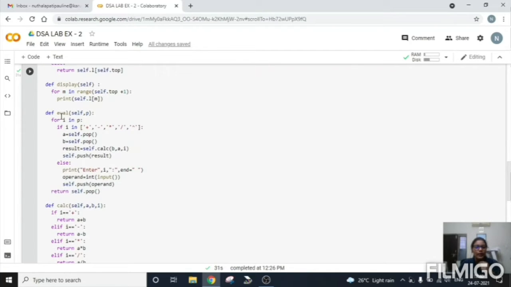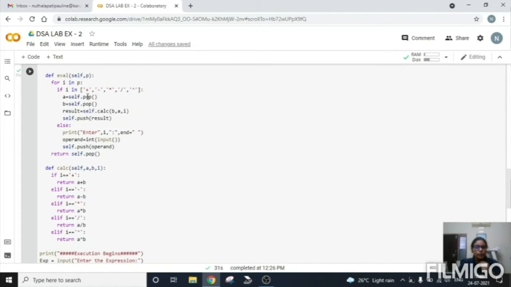And coming to the eval function, in here we are going to give different kinds of operators. So this program is going to evaluate the expression which contains operators and operands. In the first for loop, we have given an if-else condition. This if condition is going to see whether the given expression has an operator.